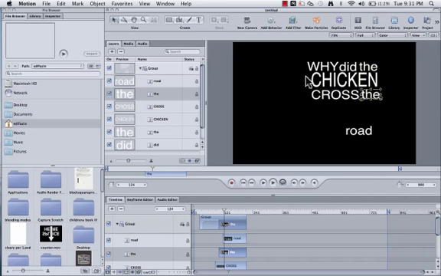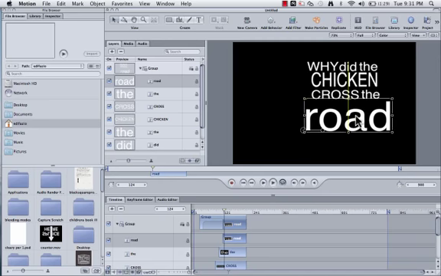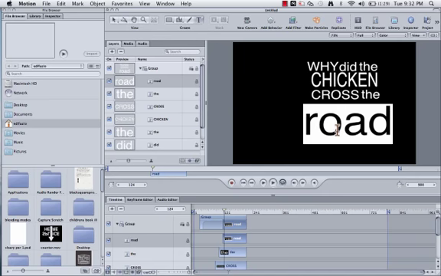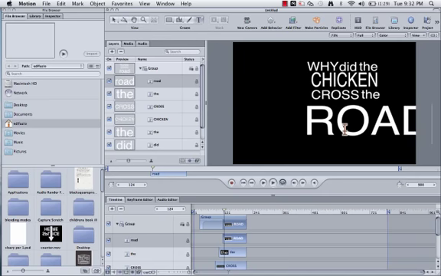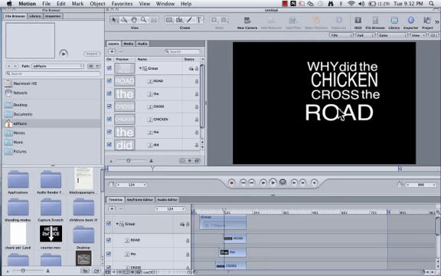I'm going to track those a little bit. I'll show you how to do that in a second. Cross the road, and maybe I'll make a bigger deal out of road. Holding the shift key will keep the word road. I'm actually going to make that capitals too. Watch this one. Road. So road is the more important word here, I guess. So I'm going to drag that so it lines up, holding the shift key so it doesn't ruin the integrity